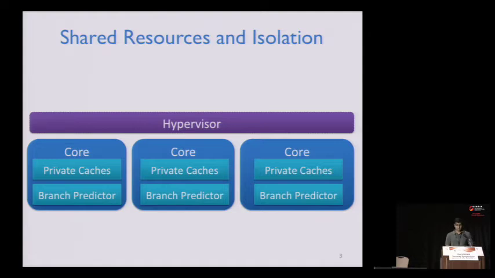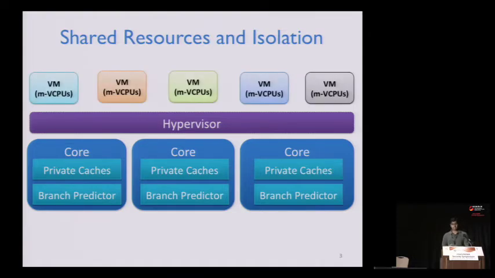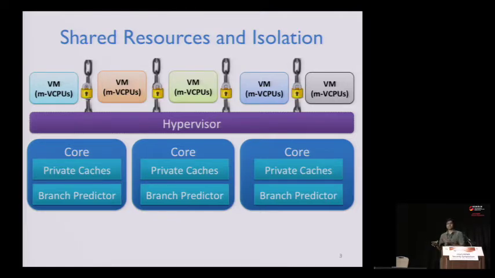Current hypervisors efficiently multiplex many VMs on a single multi-core machine. These virtual machines, which in turn have multiple vCPUs, float around different cores and often share the same physical core with other vCPUs. Hypervisors provide some form of isolation to make this kind of sharing practical in a public cloud setting.